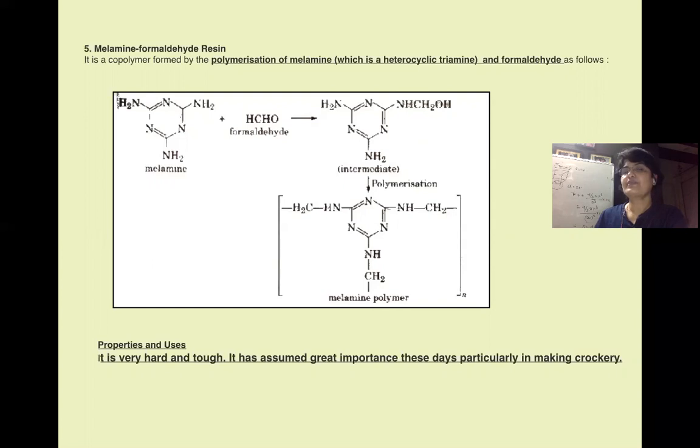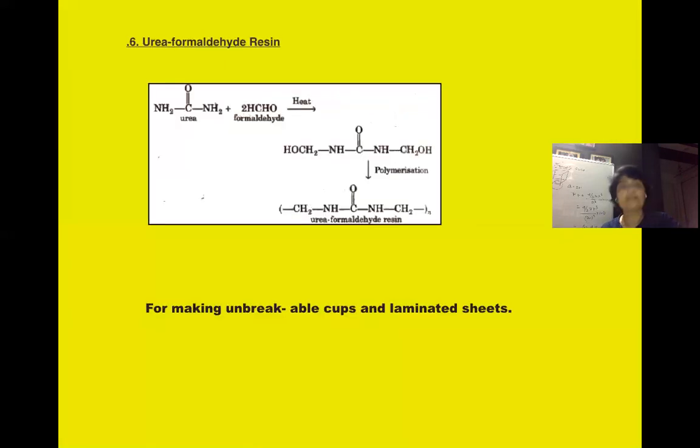तो ये जुड़ा है आपका NH CH2OH। This undergoes polymerization through CH2OH वाला एरिया से we get melamine. मेलामाइन आपका क्रॉकरीज में यूज होता है, अनब्रेकेबल मटेरियल। Next is urea formaldehyde resin.